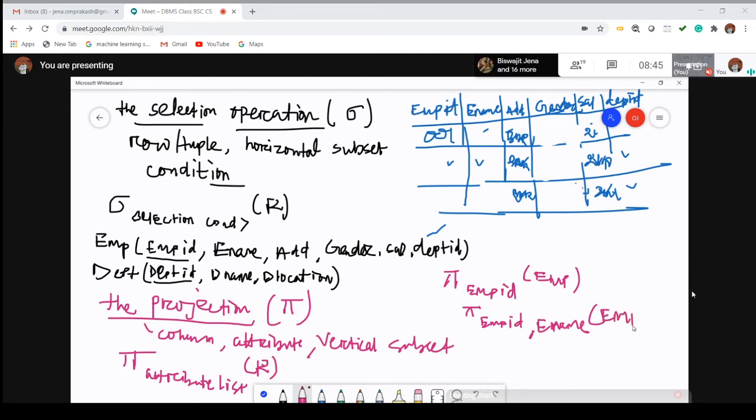If you have to retrieve multiple attributes, you separate them with a comma. Suppose one says I have to retrieve all the columns: employee ID, employee name, address, gender, salary, department ID. You have to write all the column names over there.